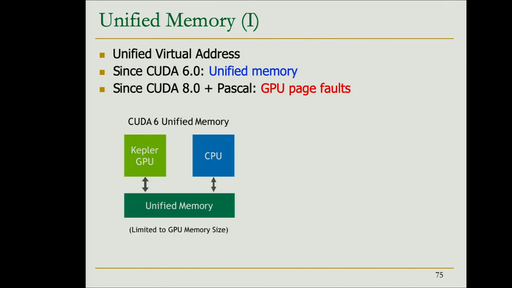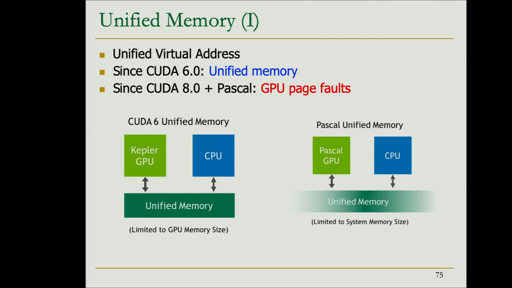Unified memory was introduced in CUDA 6 for the Kepler architecture, but by that time it was simply a kind of wrapper that did the data transfers for you, but there was no actual unified memory. With CUDA 8 and the Pascal architecture, starting at the end of 2016, this was actually